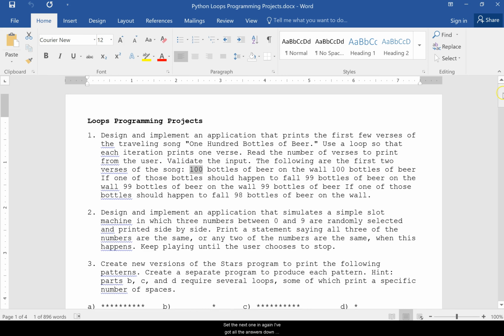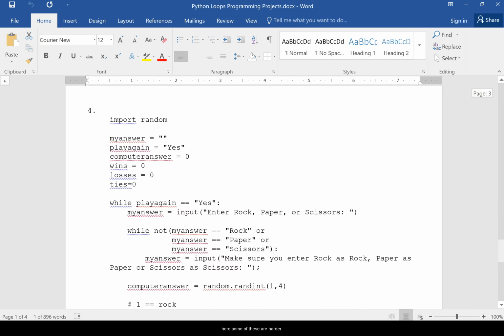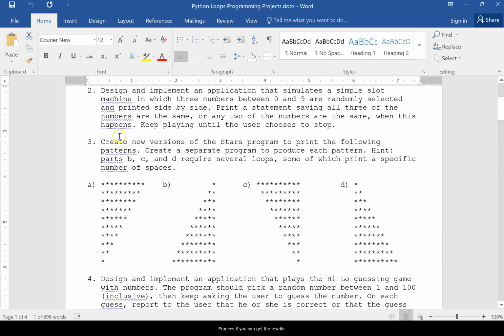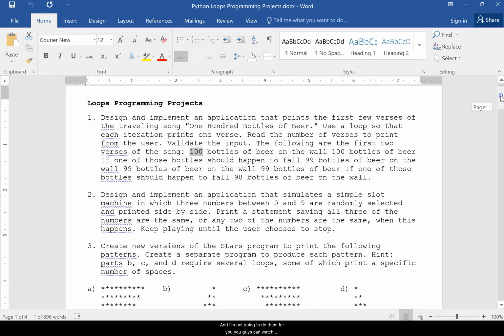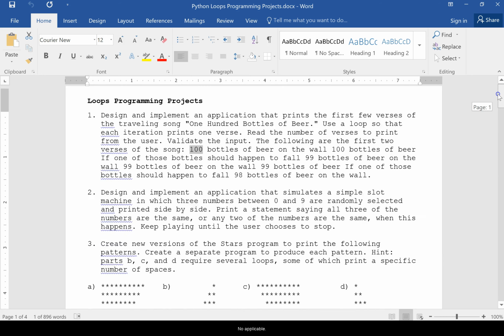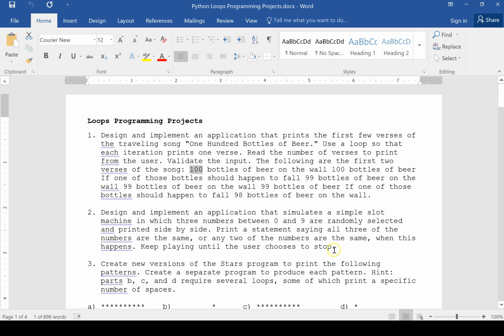And again, I've got all the answers down here. Some of these are harder. For instance, if you could get 3 right, you're doing real well. These aren't very easy. And I'm not going to do them for you. You guys can watch those. I was just going to do the ones that are more applicable to how we use these. Because we can always plug and chug, but it's also important to go, okay, what are we